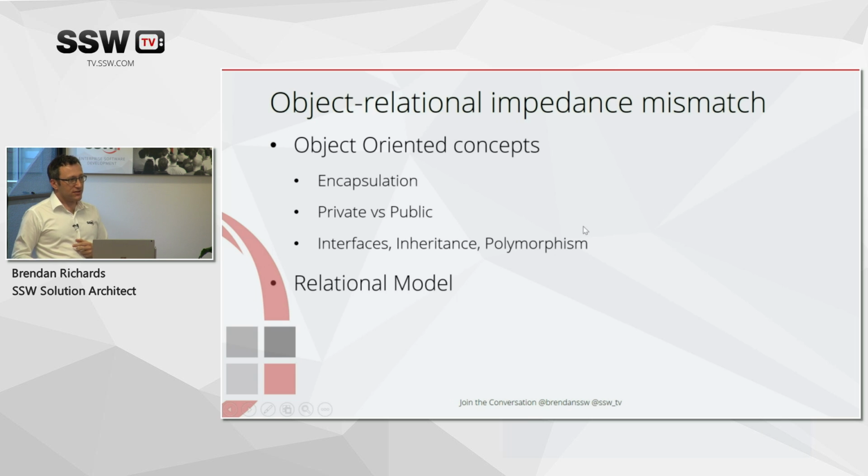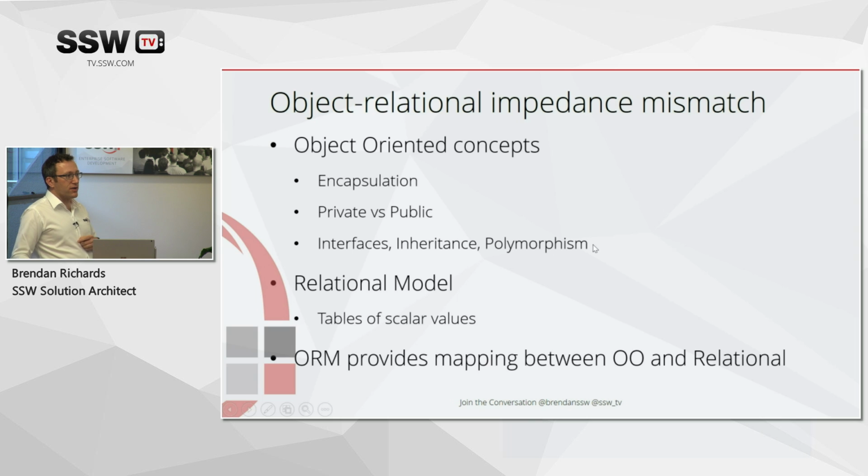In the relational model, you don't really have these structures. All you have is flat tables of scalar values. So the whole goal of object relational mapping is to provide a mapping between this rich, structured, object-oriented layer and a flat relational database structure. And I'd say for me, the success of an ORM can be judged on how well it can take the different constructs of object-oriented code and reliably save them to a relational model and back again.